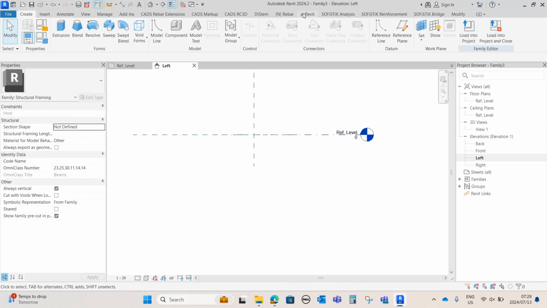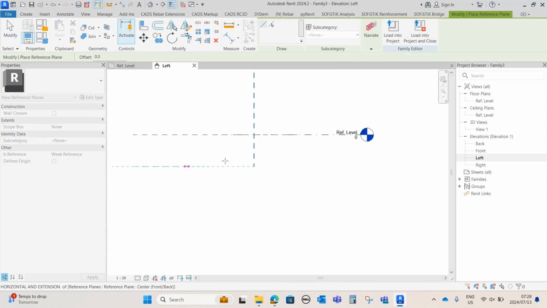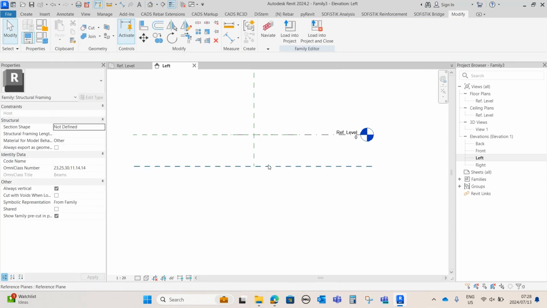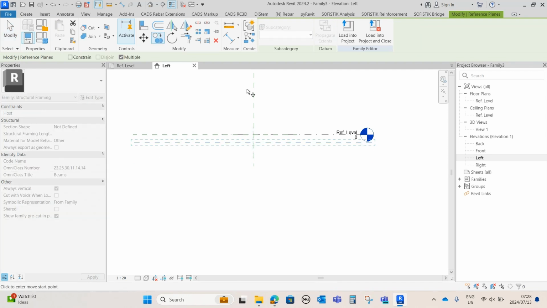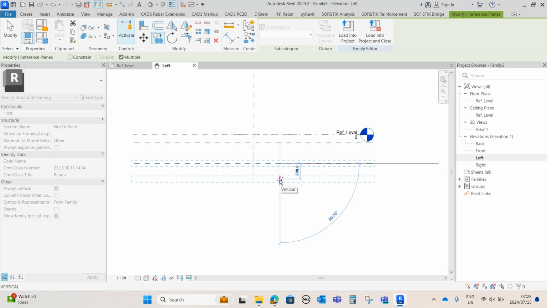And then I'm going to go to create and say reference plane. And then I'm going to place a horizontal reference plane like this. So I'm going to offset this one, and I think I'm going to make it 150 millimeters. And then I'm going to copy it down. So I'm going to make it 400. And then copy it further down and make it,